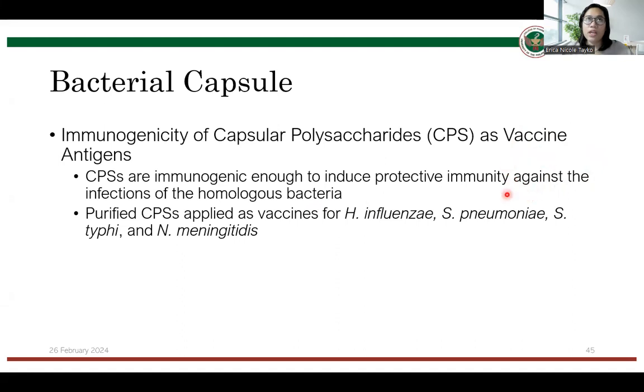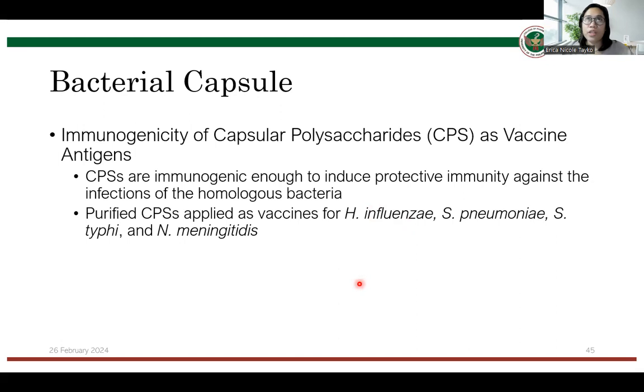If we administer the CPS component to the human, the human will now be able to develop immunity against these bacteria,